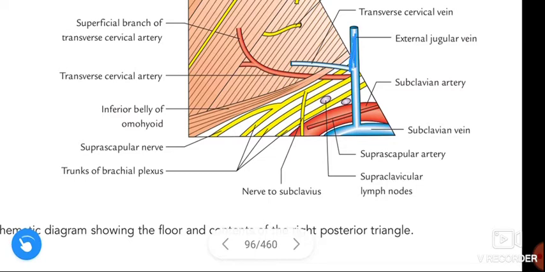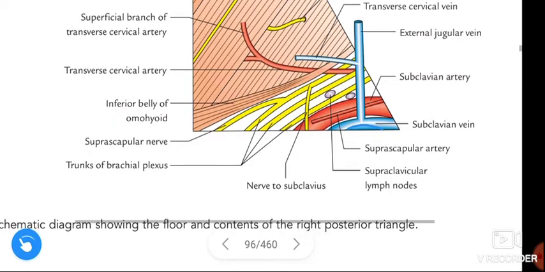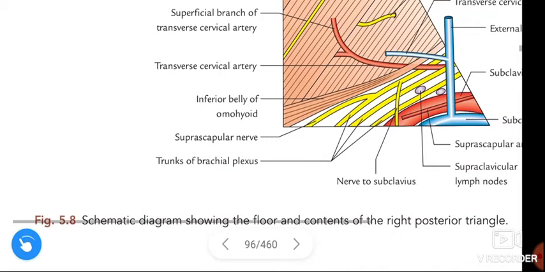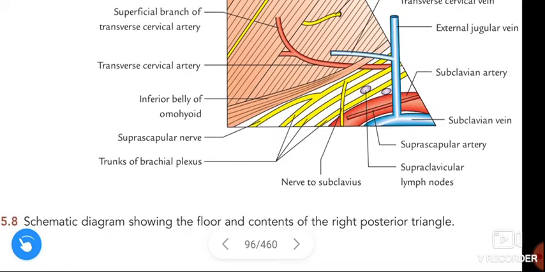Terminal part of external jugular vein, subclavian vein, suprascapular artery. This is the suprascapular artery. Next, suprascapular nerve. This is the suprascapular nerve,